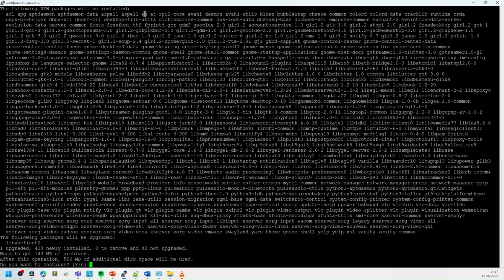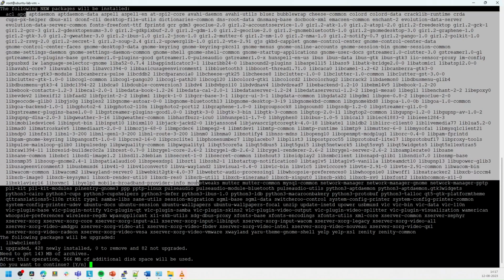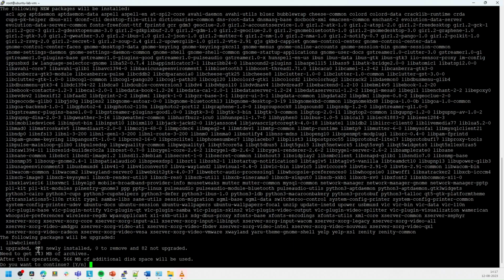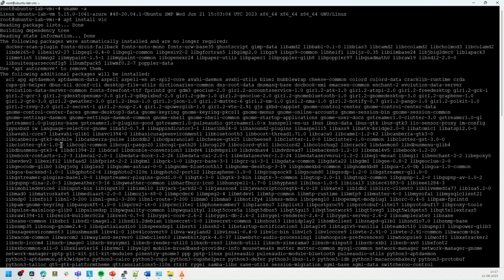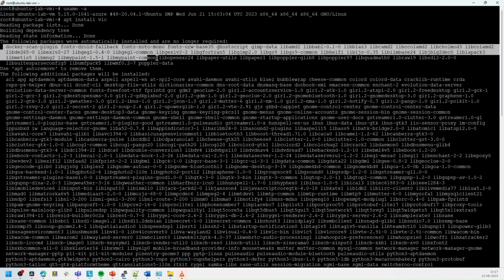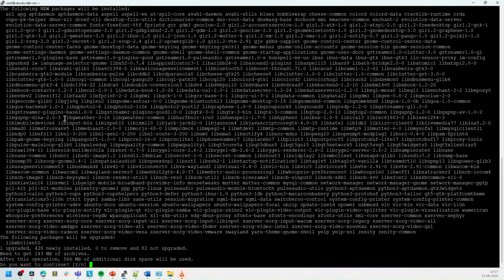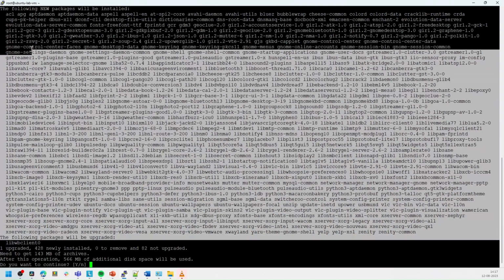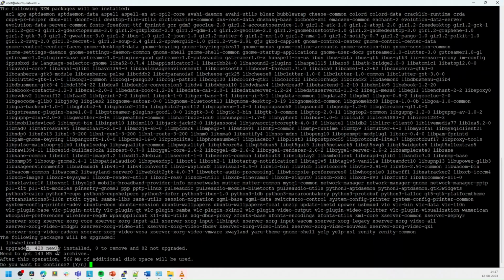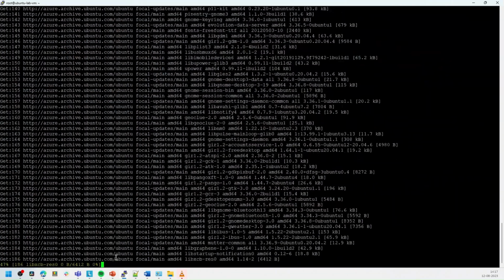Okay. It tells me the following new packages will be installed, which means these are all the dependencies that it will have. Okay, and this is how much it will download. I'll talk about apt remove later, but this is what it tells: the following packages were automatically installed and I don't need them, which is why I'll talk about apt autoremove. Let's just talk about apt install for now. So it tells me these are all the packages that will be installed, and this is how much of my disk space will be used, and do I want to continue or not? Why? It downloads everything